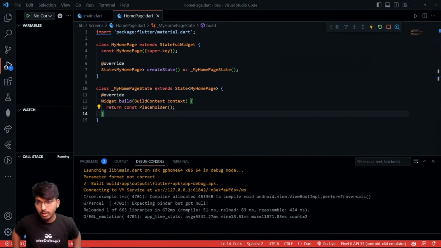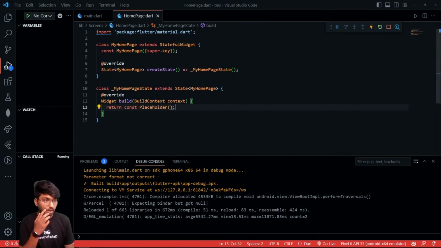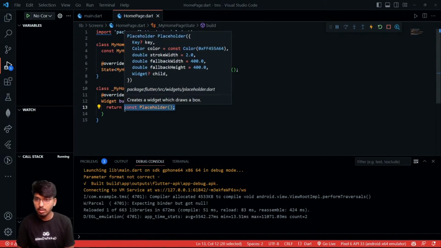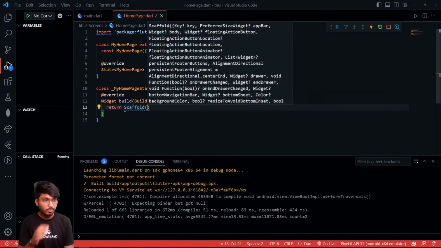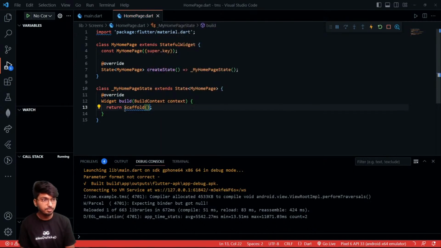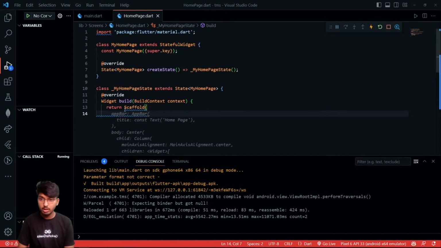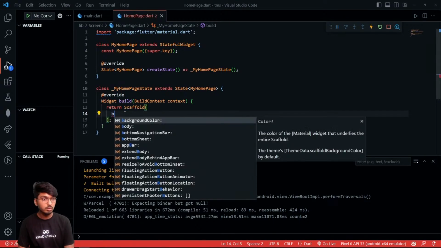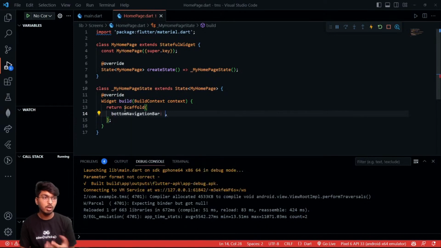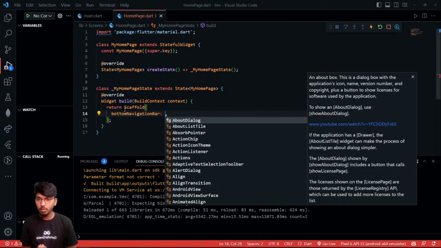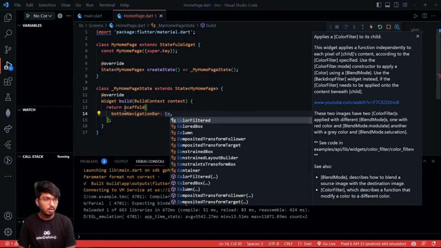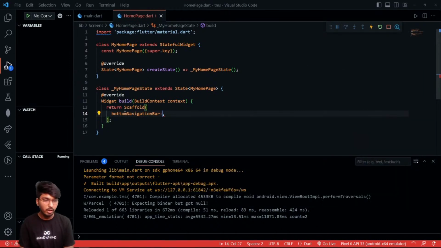Now let's quickly move forward and create some visible data, because currently we just can see the dark screen. So I'll write a scaffold. Inside the scaffold, I'm going to create a bottom navigation bar. Okay, so this is a bottom navigation bar over here. And what I'm going to write is container. Like I am going to define a bottom navigation bar, but before that,